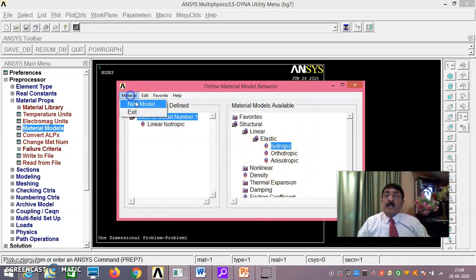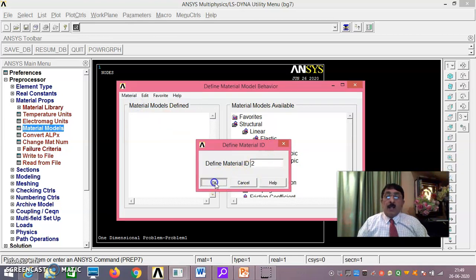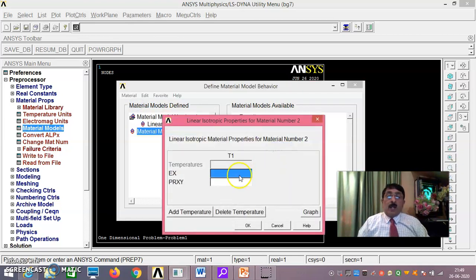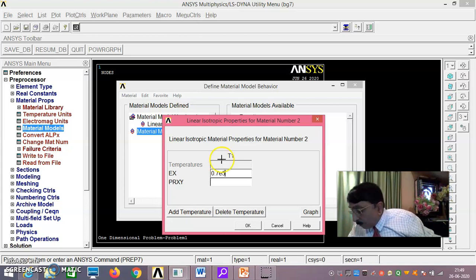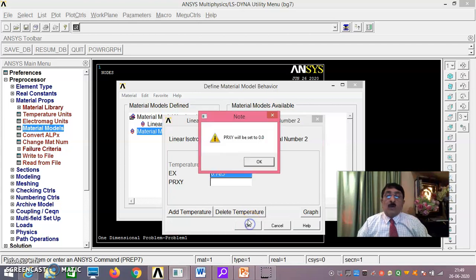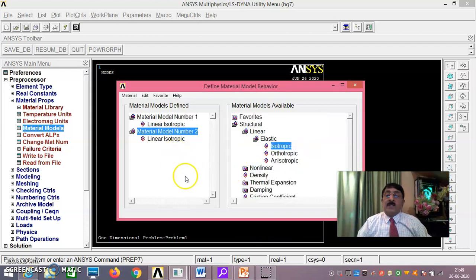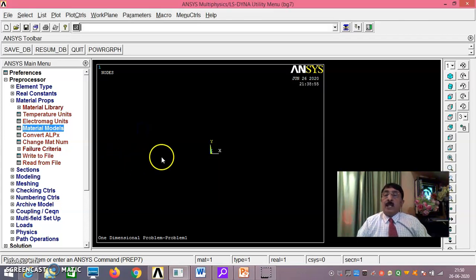Then material, new model you take. Then you enter 0.7E5 also. That means 2 material properties you have added. Just material exit. Now you have added 2 material properties.